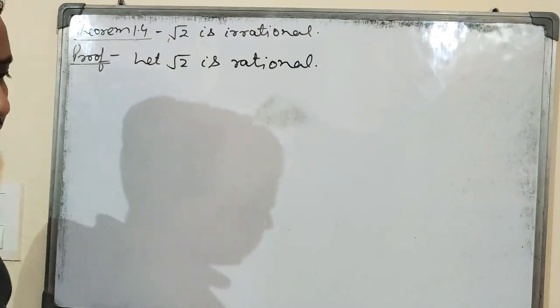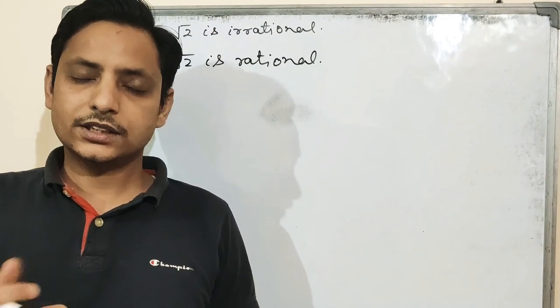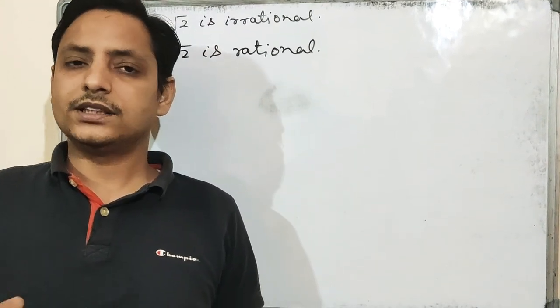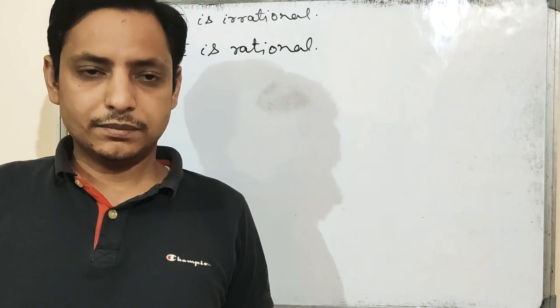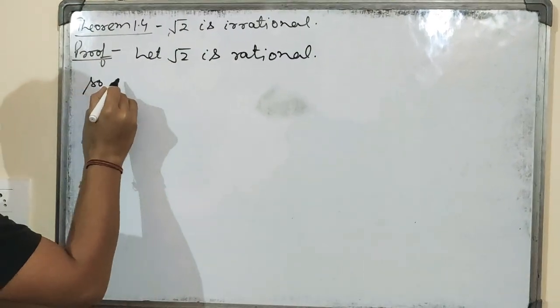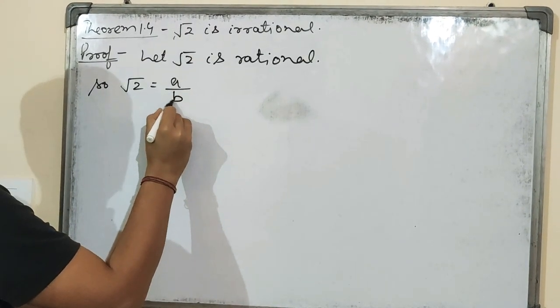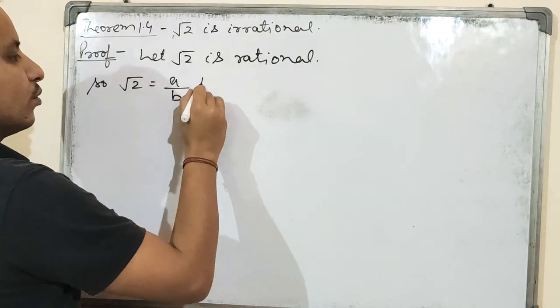Students, we are just taking it as rational, and if it is a rational number, then it can be written as under root 2 equal to a upon b,